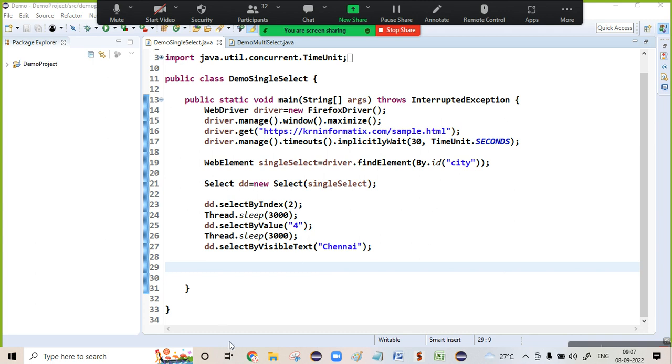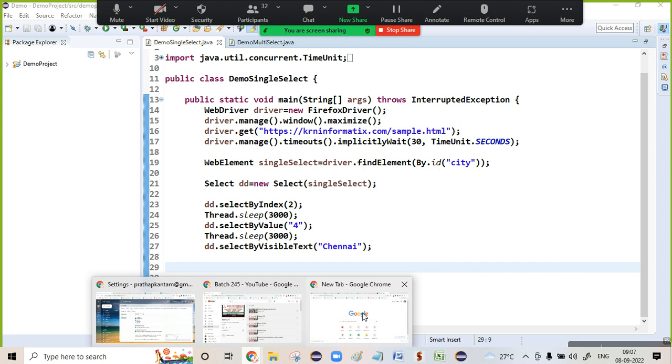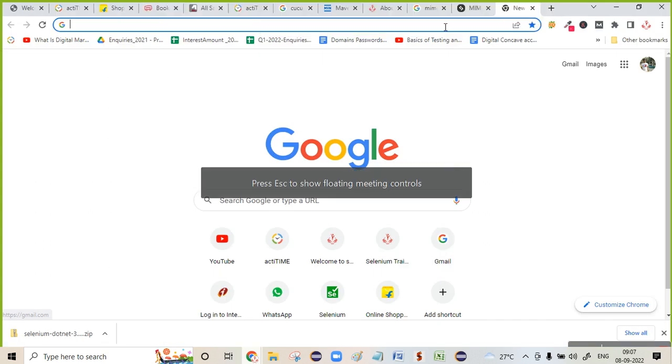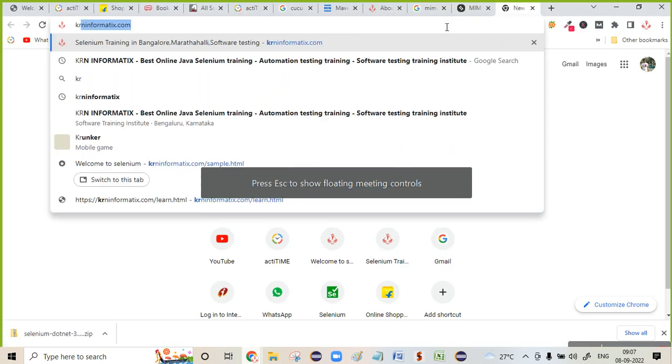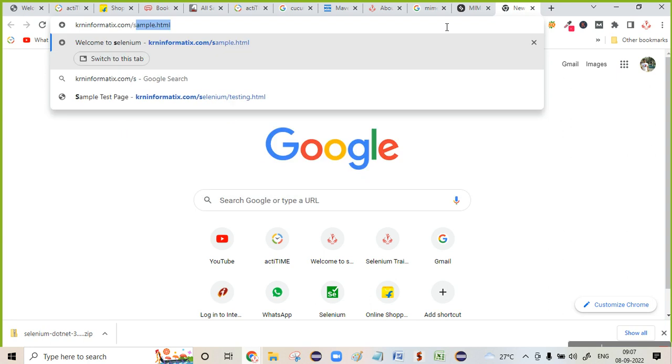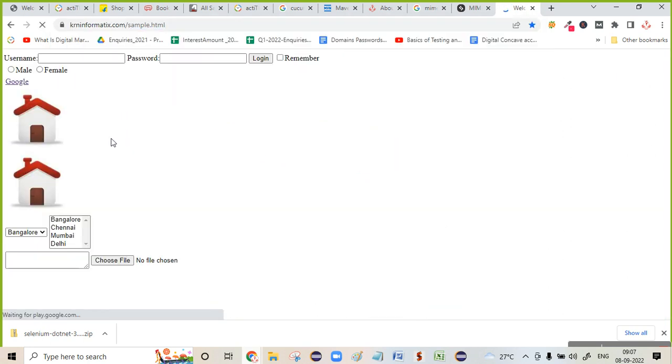Now, first, I need to open the URL called krninformatics.com/sample.html. In this, first I have done how to select an option or how to select multiple options. These both are done. Next, I need to